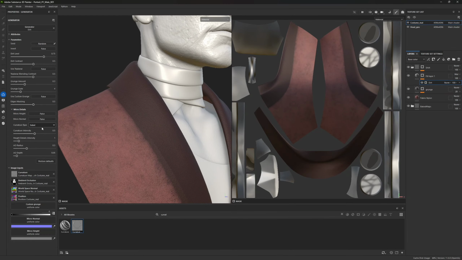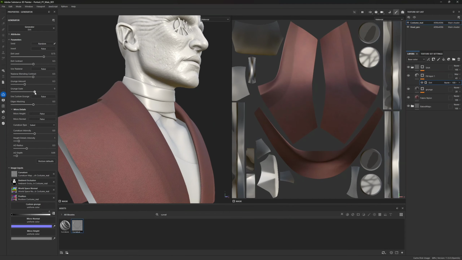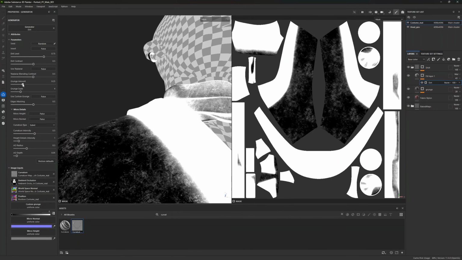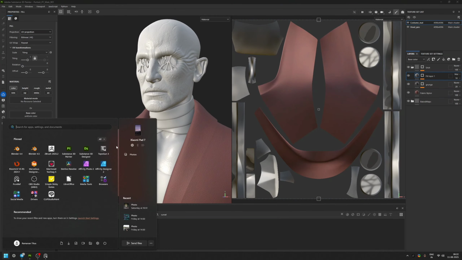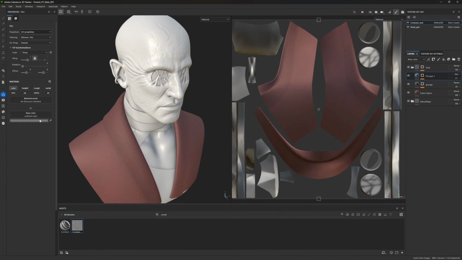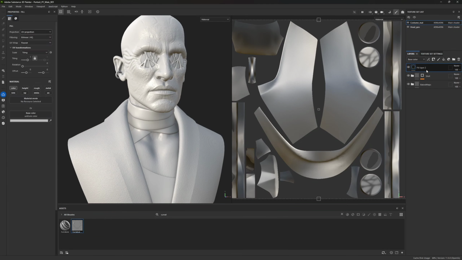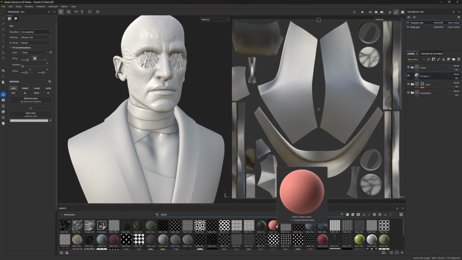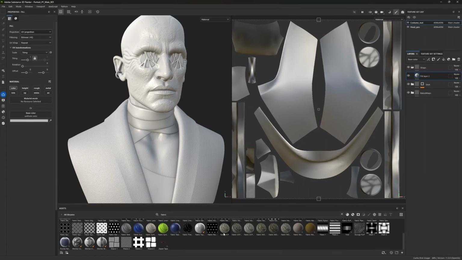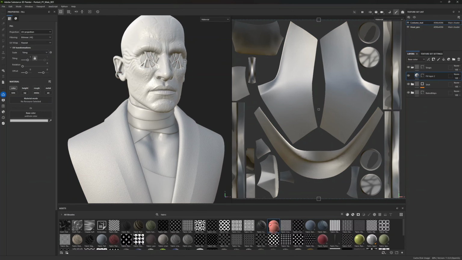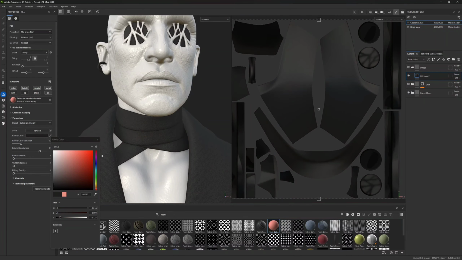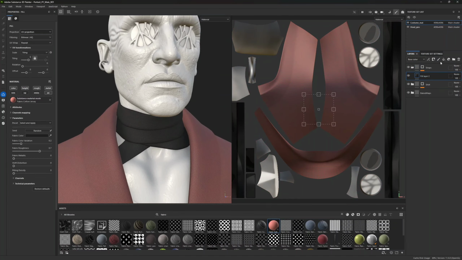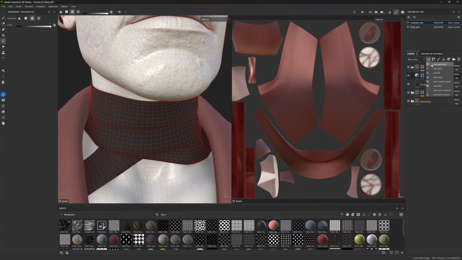I used the ambient occlusion map to mask out the collar area. I just wanted it to look a little dark, not too much, just a little bit, so that it will look a little different. I don't want the entire coat to have the same red, so I just made that. I used the ambient occlusion to make it a little dark, and then I started doing the band